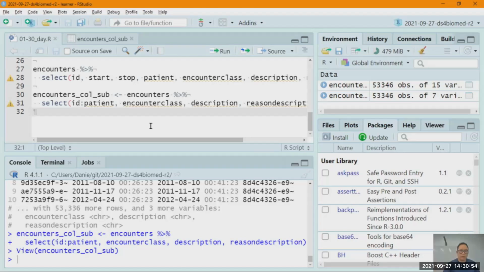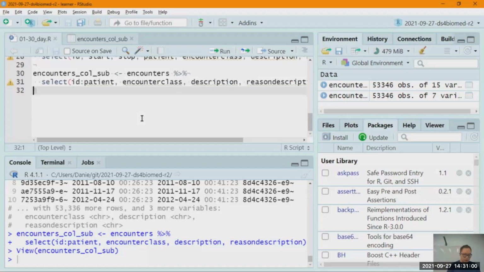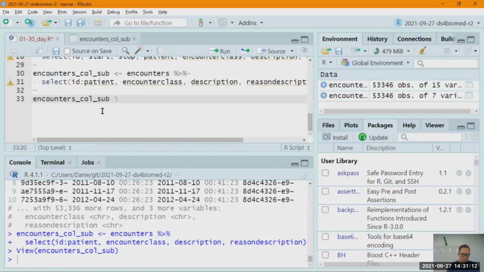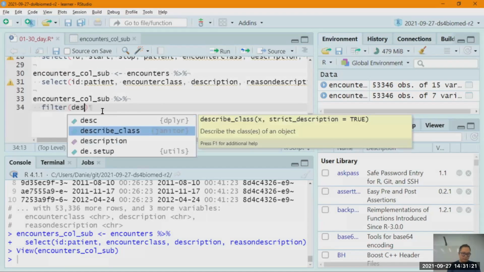But those are going to be the two terms that we're going to use to define heart attack in our data. So we want to then be able to filter this encounters data set for just the encounters that are heart attack related. So how do we do that? Well, we can take our encounters column sub. And so instead of selecting columns, we're filtering on rows. And the way we're filtering this is looking at the description column. And if it's equal to